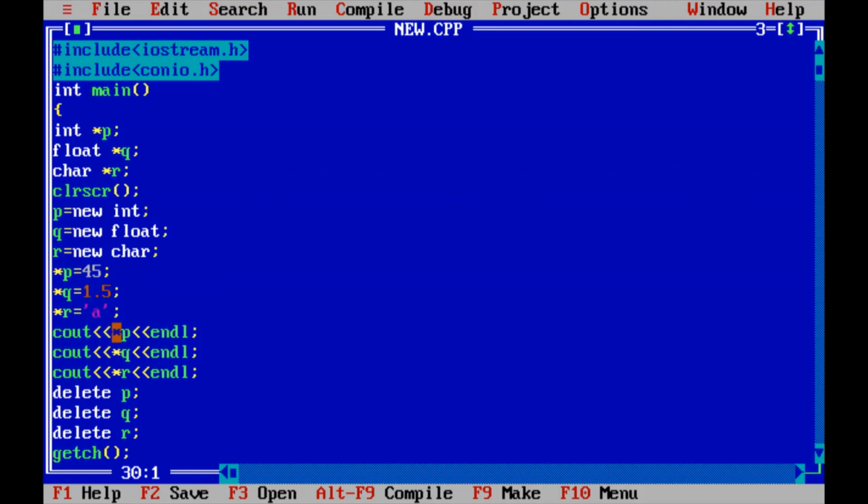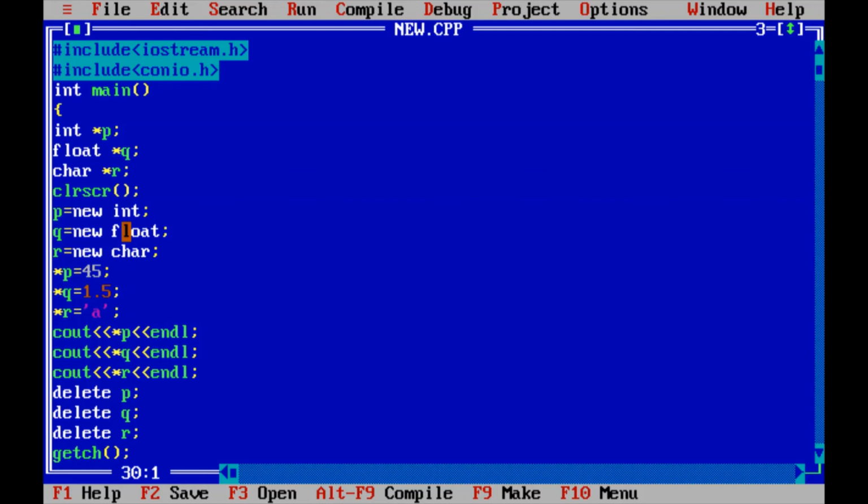Now I am going to print these values: star p, star q and star r, these are asterisk symbols. As these are pointer variables, we have to specify an asterisk before the variable name, so that it shows the difference between an ordinary variable and a pointer variable.